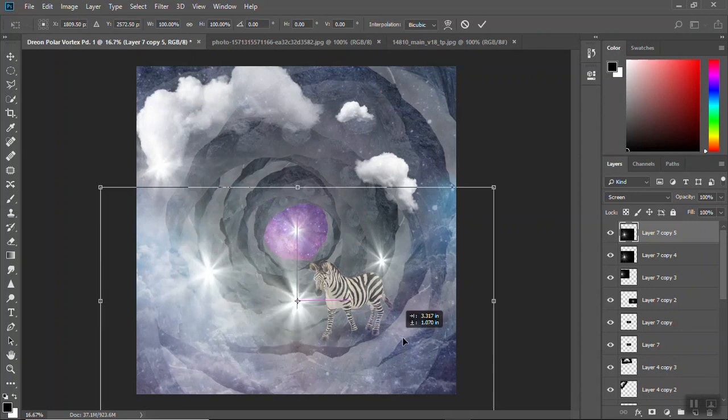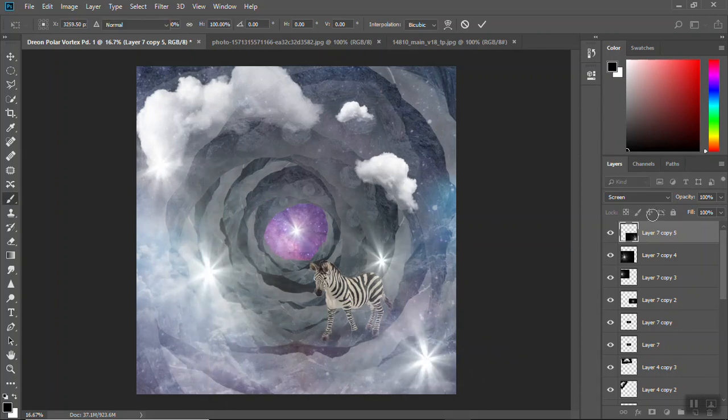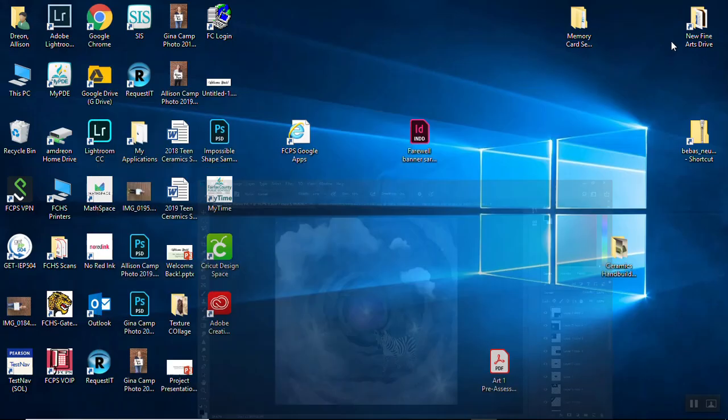Control J, Control T. There's another. Maybe this one I'll lower the opacity a little. And there we go. Okay? So there's how you could make a polar vortex. Let me see if I can